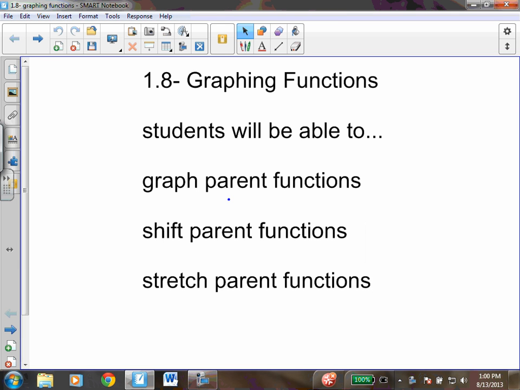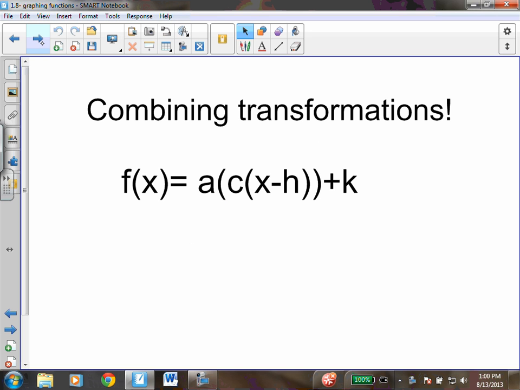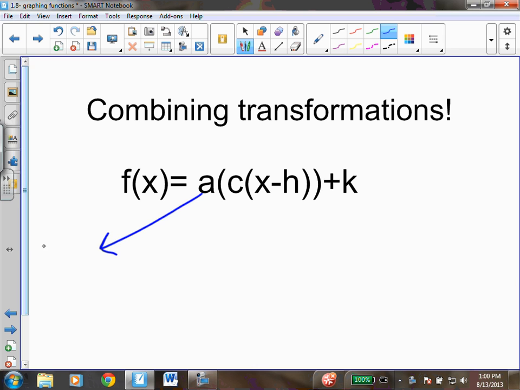In our class today, we're going to be studying graphing functions, but we are going to be stretching and shifting in the same situation. Whenever we're combining transformations, it's important to realize what number represents what thing, whether you have a shift or a stretch, horizontally or vertically. So let's go through. A number multiplied out front represents a vertical